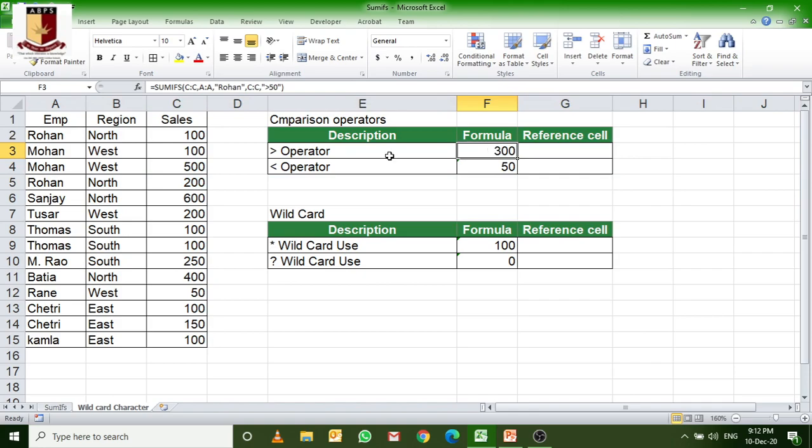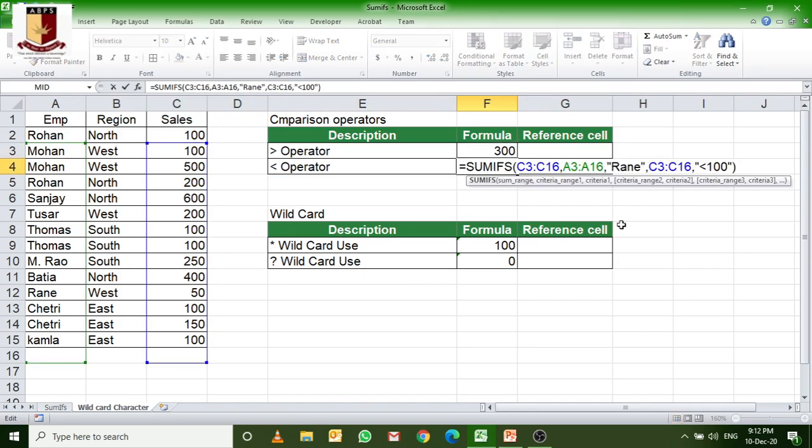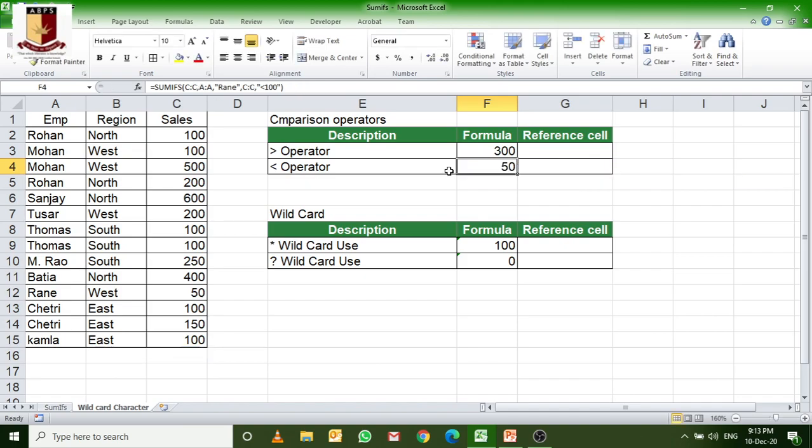Similarly, I used the less than operator here. Okay, again let me remove this. The whole column we are taking, C:C means the whole C column. Got it? Okay. Now the less than operator. So the value must be less than the particular condition.